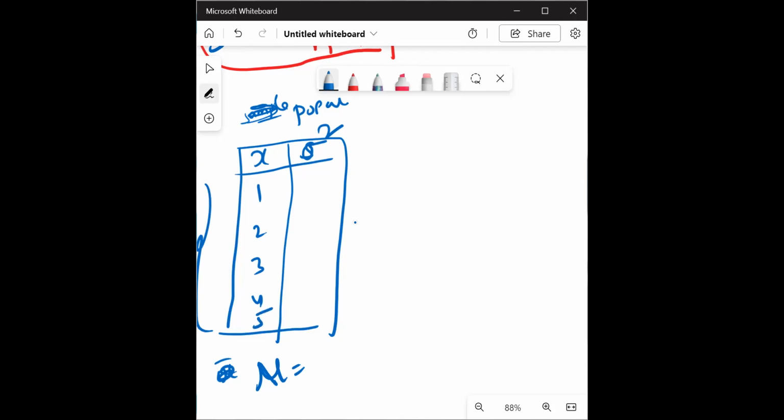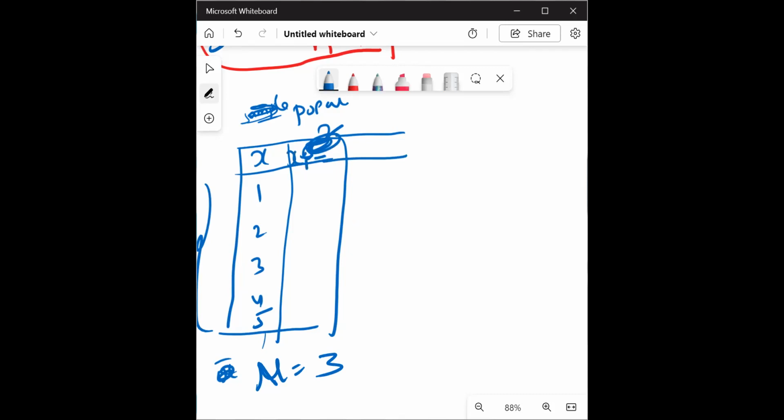Okay, 5, for example. So 1 plus 2, 3, 3 plus 3, 6, 6 plus 4, 10, 10 plus 5, 15, 15 by 5. It's a 3, right? So this is my mean. So I want to calculate this value, right? Before I calculate this value, I would like to go for calculating the